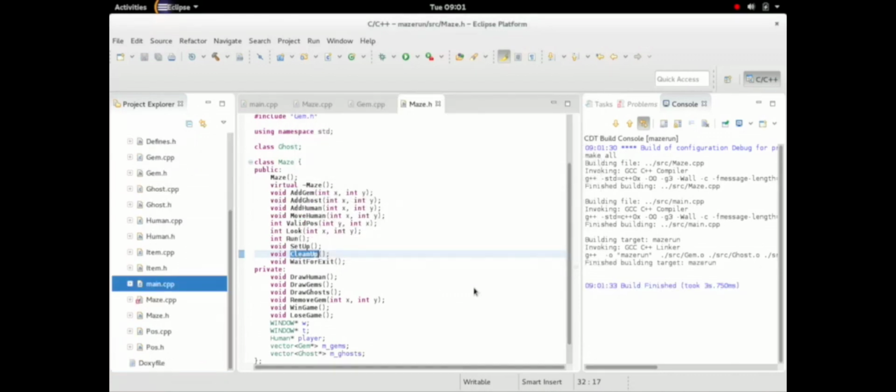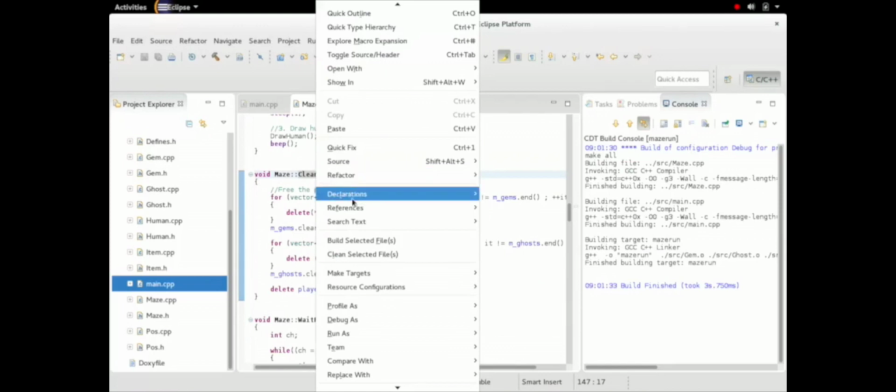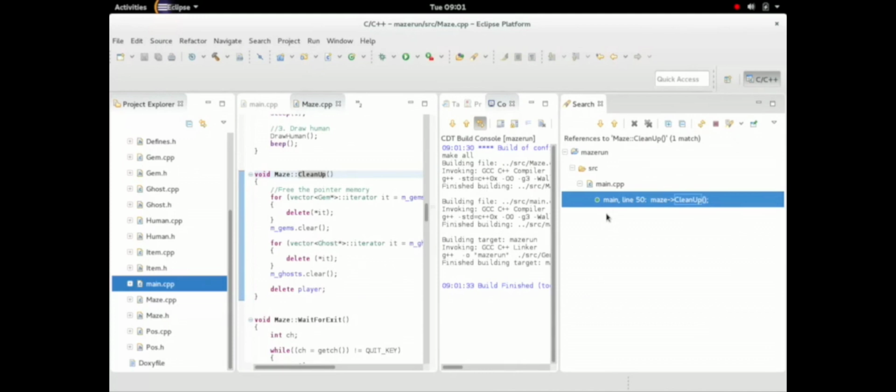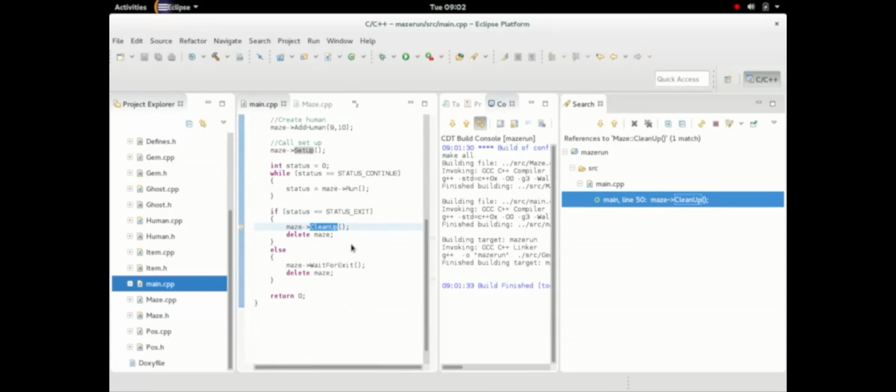Eclipse has changed the name of the method for us in all the places that were required. If we Control Tab to the CPP file, you can see the declaration is now maze cleanup. This function must be called somewhere else in the code, so again, we can check the name change with another handy navigation tool in Eclipse that finds code for you. If you right-click and select References Project, a search window pops up to the right here that shows where the function is used. In this program, it's only called in main.cpp, and you can see it's using the new name